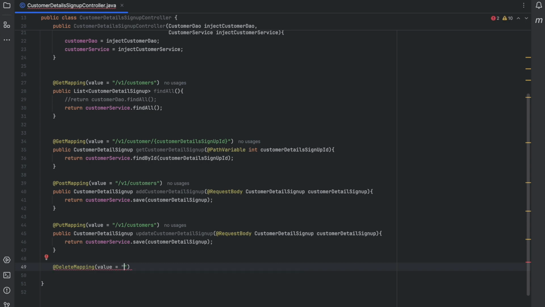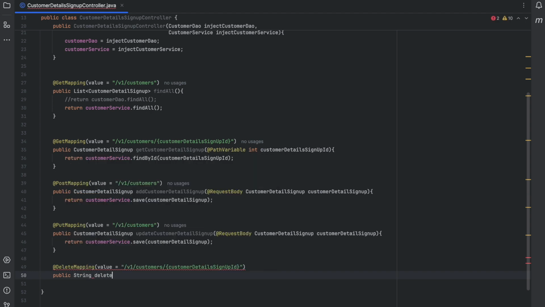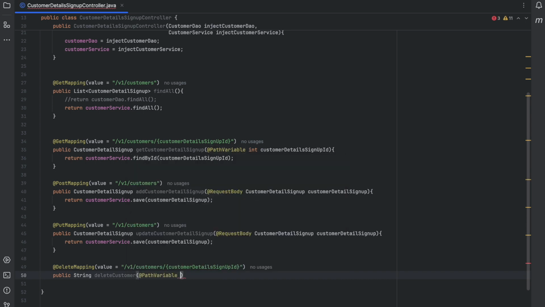The delete mapping endpoint will be the same as the endpoint of our find by ID, because we need to pass the value. In our last video we sort of missed the S here, so we'll add our S in here and also here, because it should look plural. Many companies, Spotify and others, follow the plural approach. Path variable, what will be our path variable? Same as our